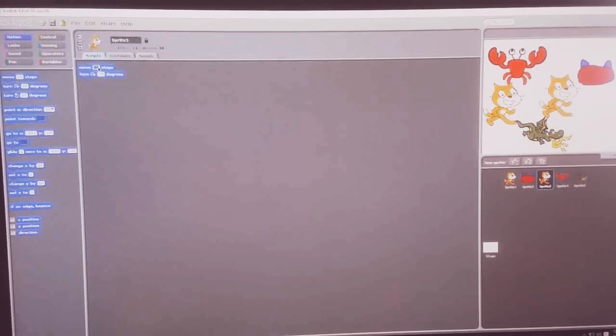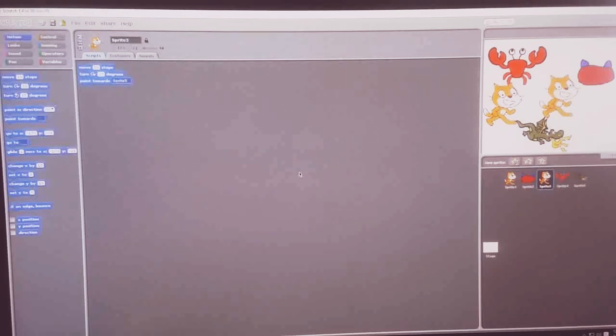You can write any steps. Then point in direction, point towards, move to where it will move. Any sprite it can move. You can give the numbers.